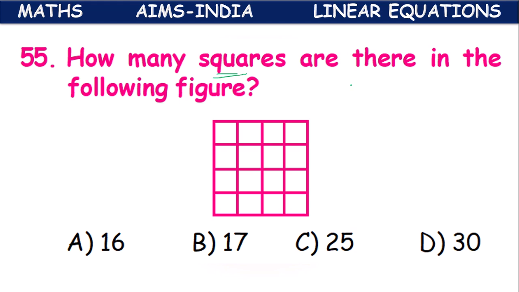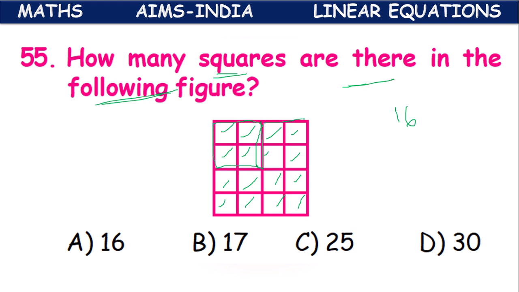So how many squares are there in the following figure? 1, 2, 3, 4, 5, 6, 7, 8, 9, 10, 11, 12, 13, 14, 15, 16. 16 individual squares. If we take two boxes,